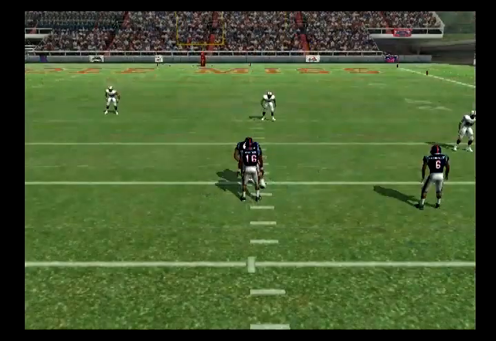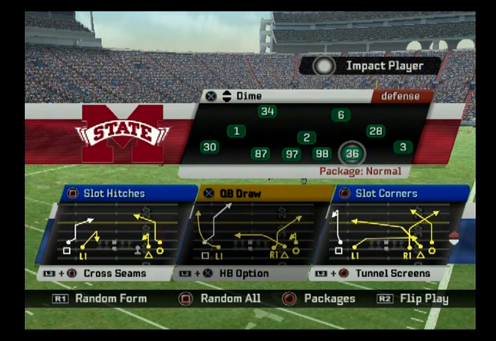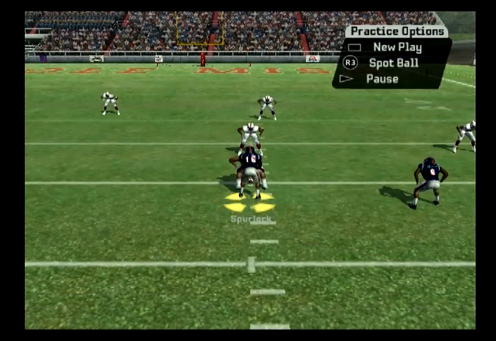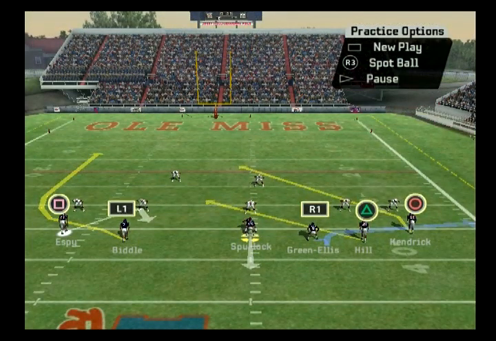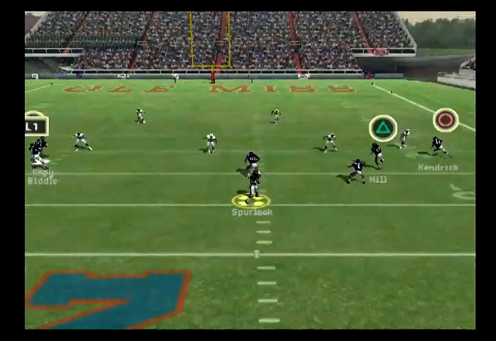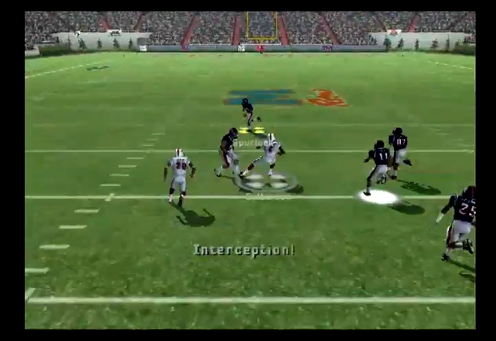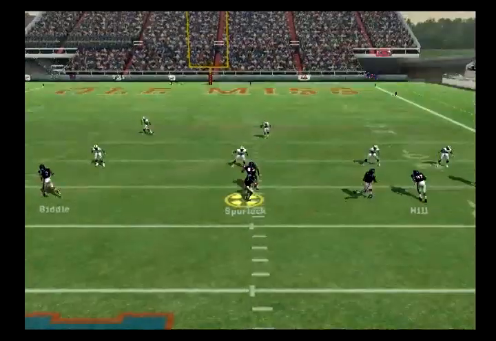Okay. For zone, again, visualize where your holes are for cover 2, 3, and 4. Okay. Cover 2, what are our holes? It's over the middle of the deep side or the deep middle of the field, and it's your short zone beater, wherever that's at. So I don't see a middle of the field deep like a post strat or anything. So I don't know what your options are, to be honest, over the middle. There really isn't none. So the only thing I really suggest is to go to